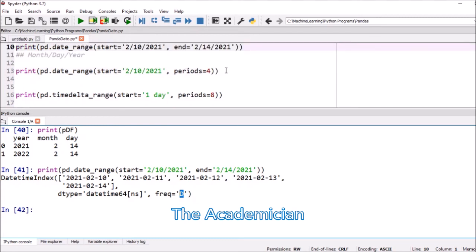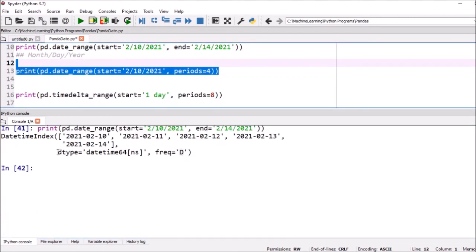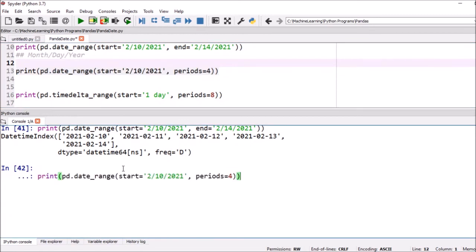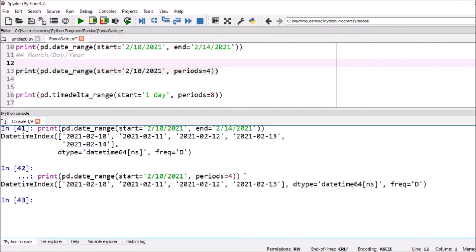Now next, we can mention the period. So here pd.date_range starting 10th February 2021 with periods equal to 4, and we can execute it. Now here this is 10th February 2021, 11th February 2021. So here we need 4 periods: 1, 2, 3 and 4.